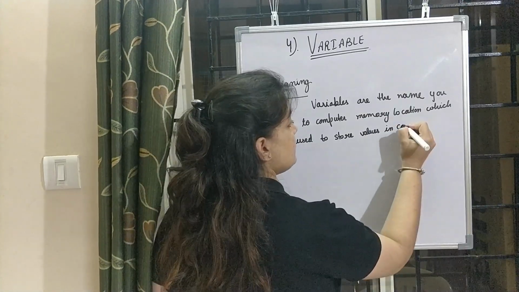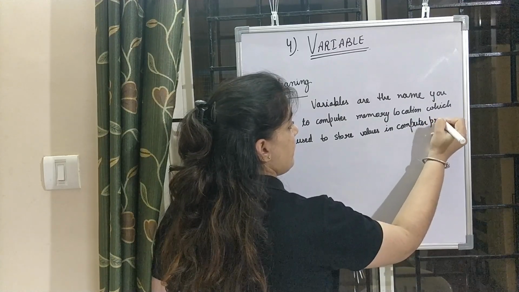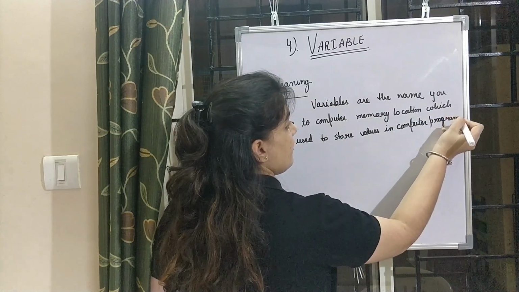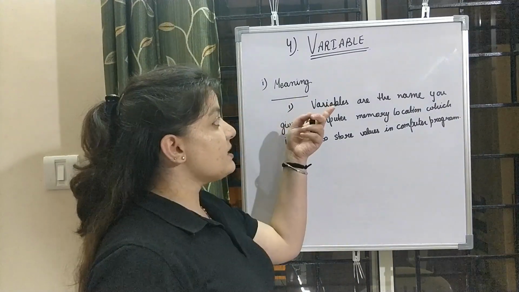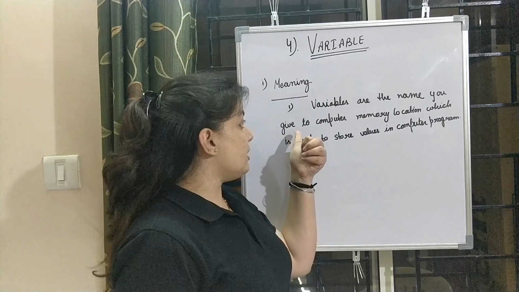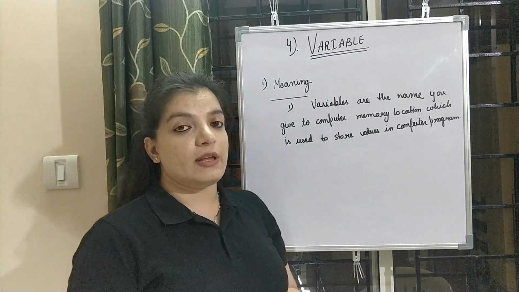This is your first definition of variable. That is, variables are the names you give to computer memory location which is used to store values in our